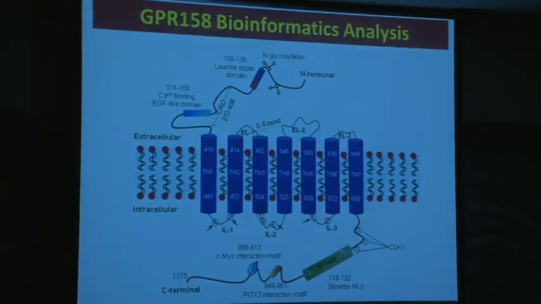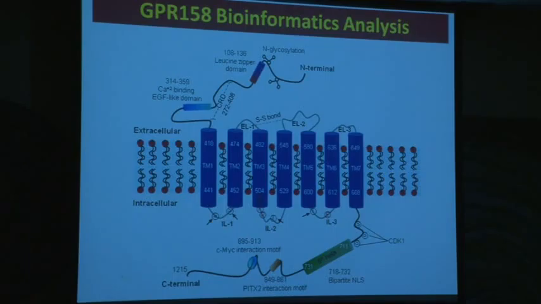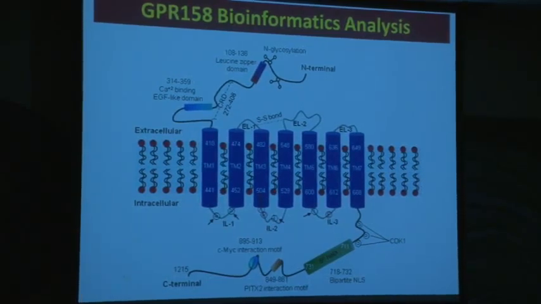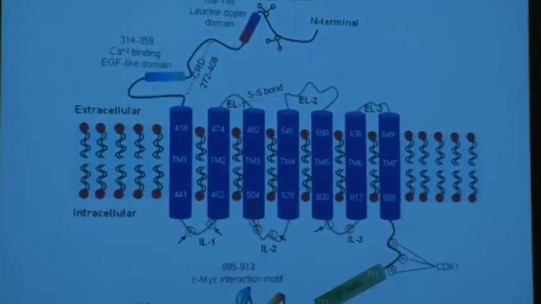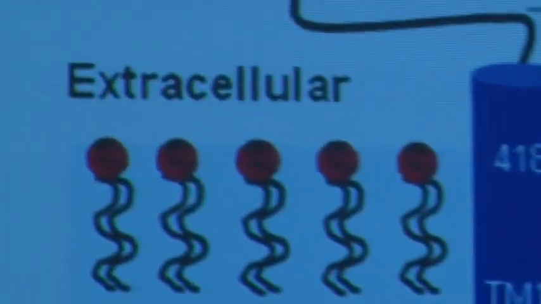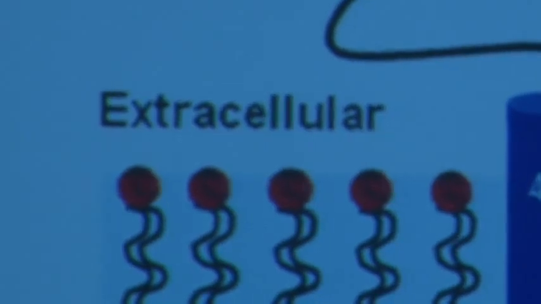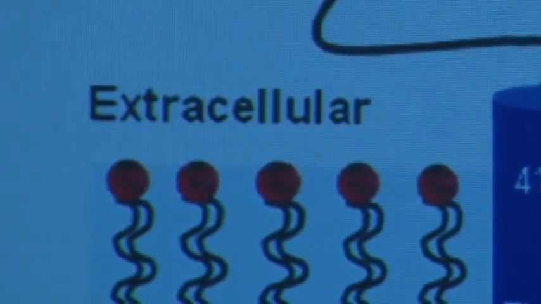Okay, so this was one of the genes that came up with a very high p-value. It's called GPR158. It's a G protein coupled receptor. And it had been completely unstudied. There was no literature on it. So we did a little analysis by bioinformatics to see